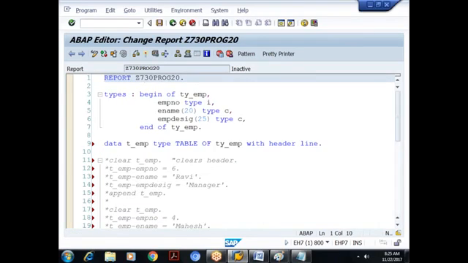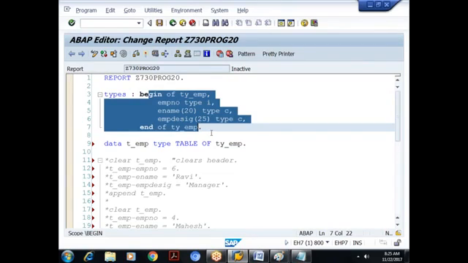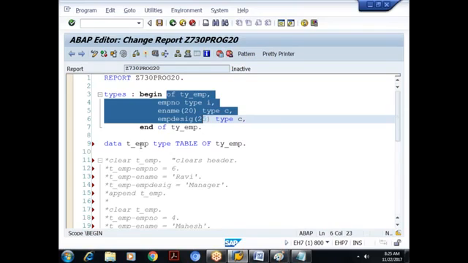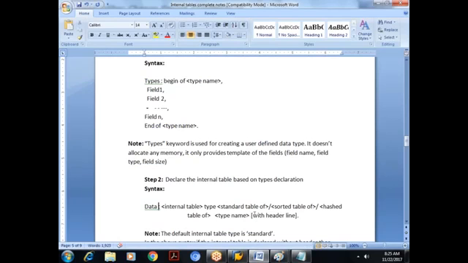Right. So what is the standard way of declaring the internal table? First you have to create what? Types declaration with the required fields. I have done it. You can give any name. Then based on the types declaration, you have to create what? Internal table. What type of internal table is it? Standard. By default it is standard internal table. In the syntax, if you observe, I gave this with header line in the square